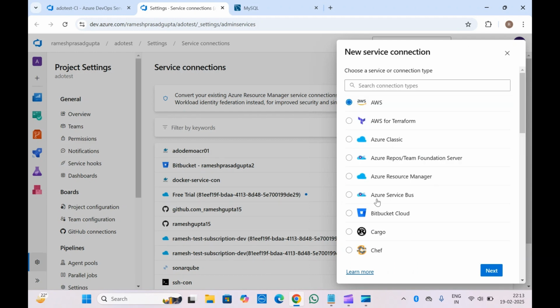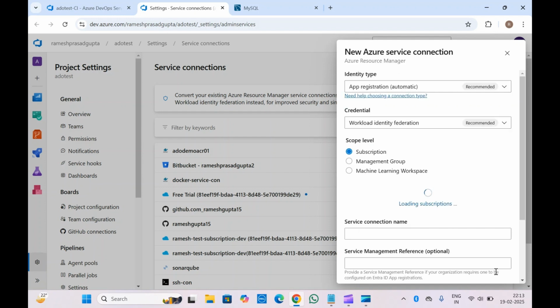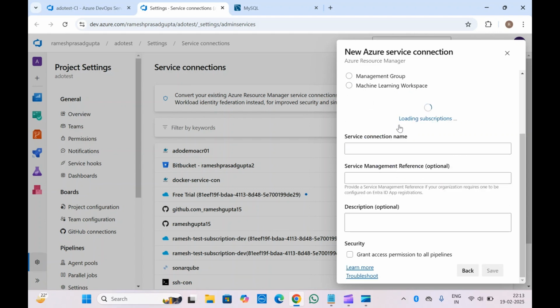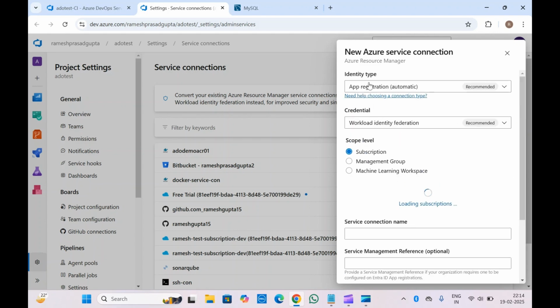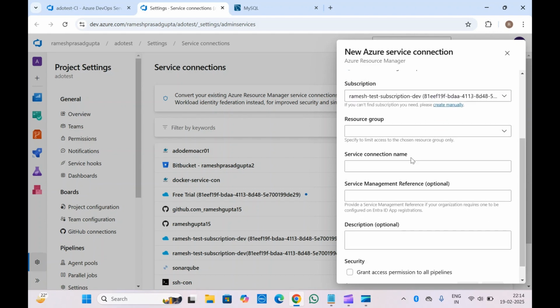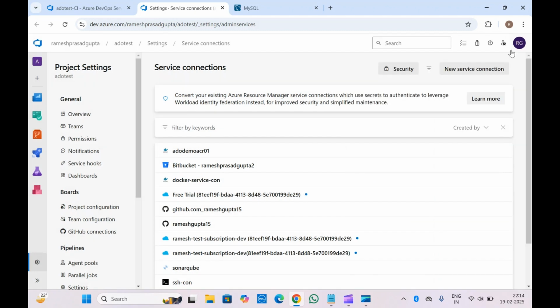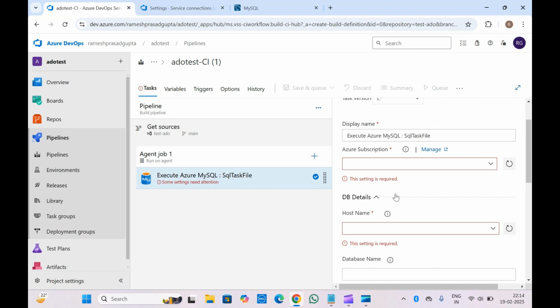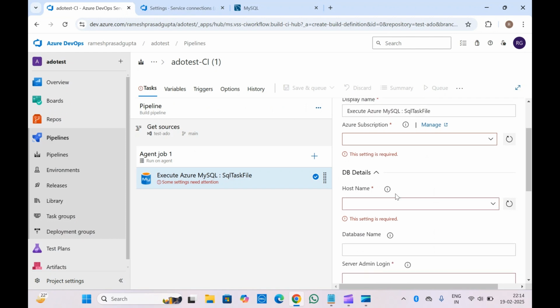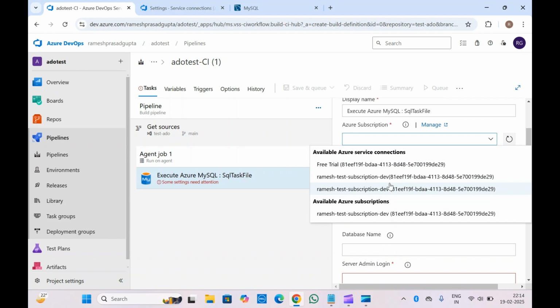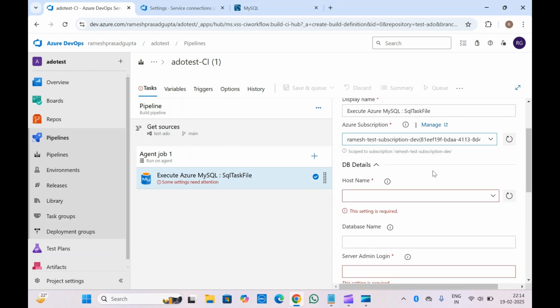You can select the Azure resource manager because we are using Azure, and you will be able to add other things like identity type, subscription, resource group, etc. Once you have created the service connection, you can select it. So suppose this is my service connection,